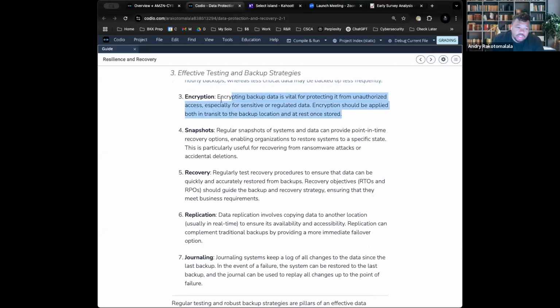The next one is encryption. We talked about that in the past. It's just making everything on your backups encrypted, especially at rest, so that if someone does access it, they can't read it. So this is a big deal because if you're storing a lot of company information or a lot of people information, such as PII data in clear text, well, then that means anyone can log into that server and read it. So you want to make sure that that's encrypted.